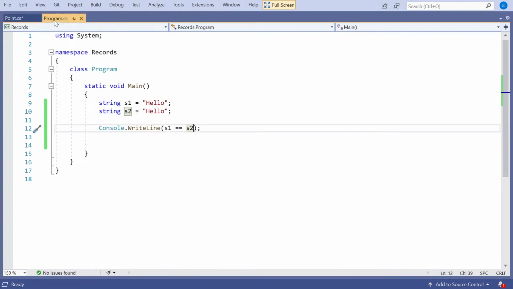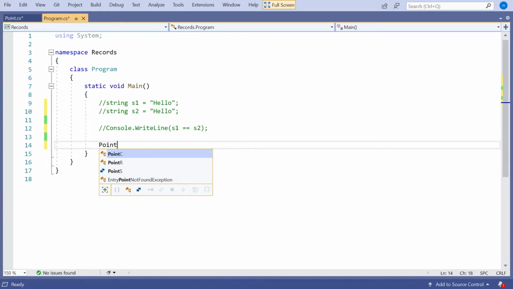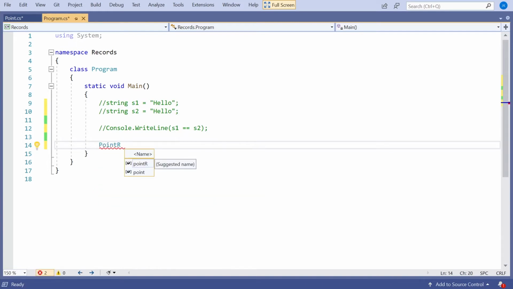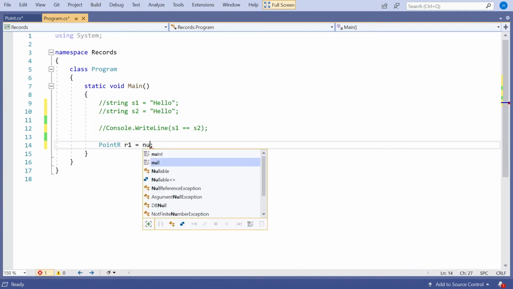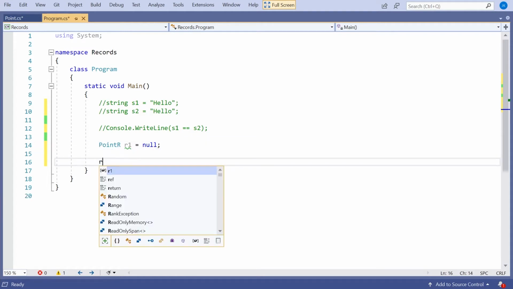Let's now use that. So let's go back to our program. And what I'm going to do is simply declare a point R, so that's our record. I'm going to call it R1. And let's not do anything more with it. Now, the first thing to notice we've got there, that is a reference. And we can tell it's a reference easy enough because I'm allowed to assign null into it. So we can have that reference, we can have it as a null reference,